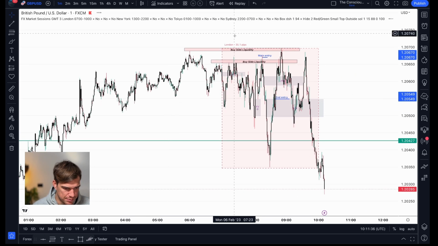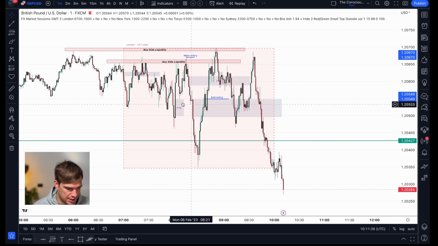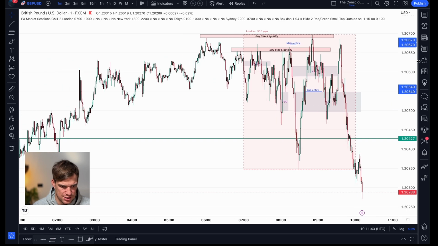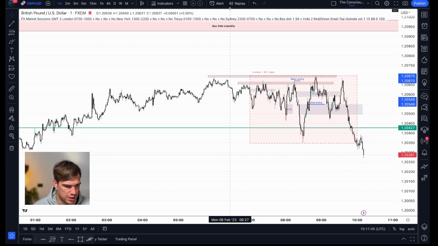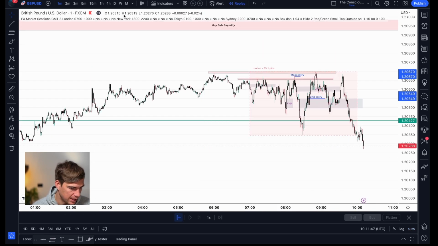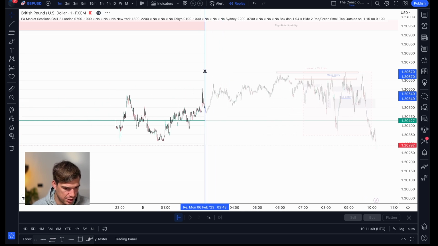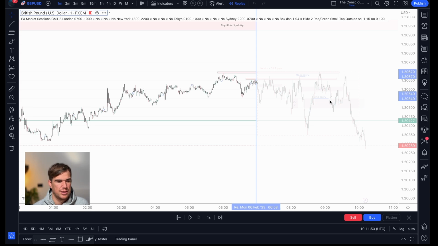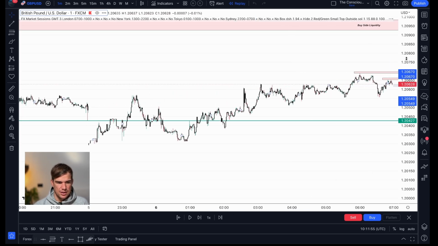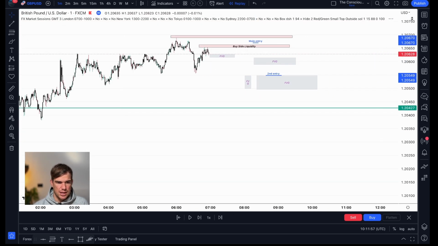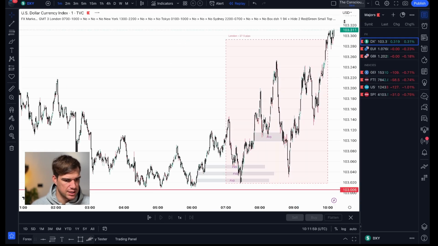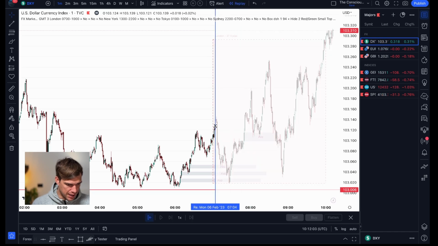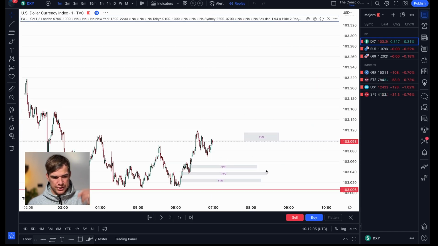I do want to keep some of the buy side liquidity in. Actually, what we're going to do is keep the lines in just in case I miss something. We're going to take the replay, and we're now on the 1 minute. So we're going to go to 6 o'clock. This is the information we had. This is the pound dollar, and we're going to do the same on the dollar. Actually, you can only have one replay, so we're going to go back to start with the dollar index.